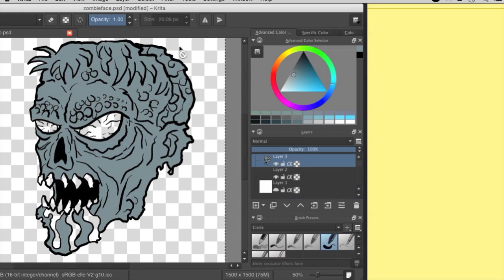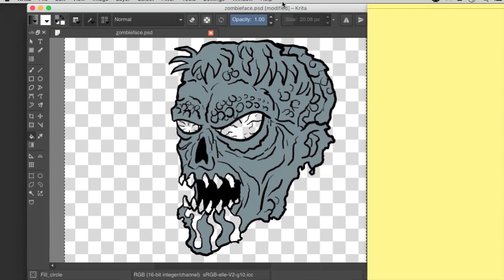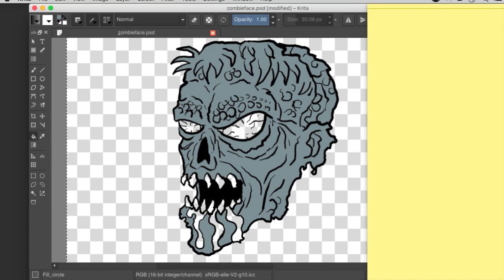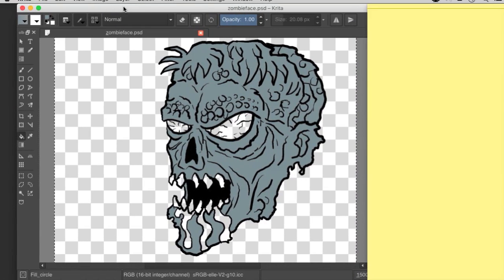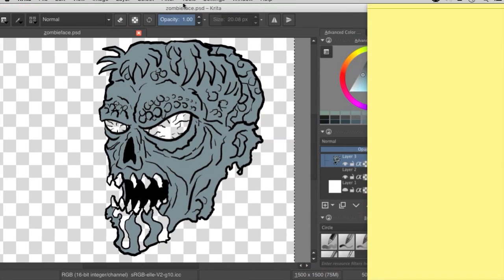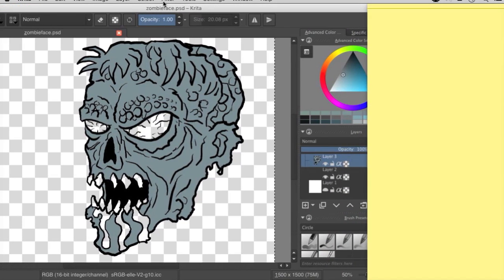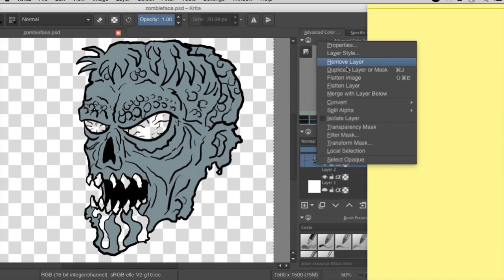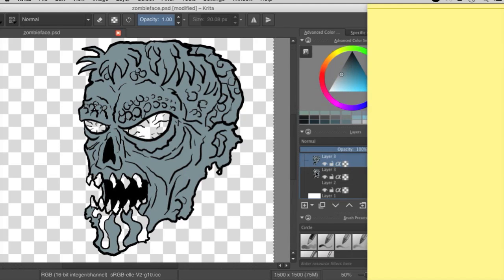So there you go, and see how that stands out there. So then you go save, and now I could start going with more detail. I just want to make sure I'm on the right layer. So let's duplicate that layer,